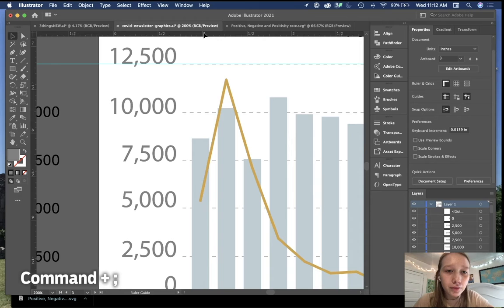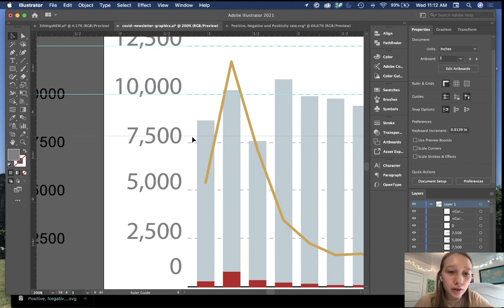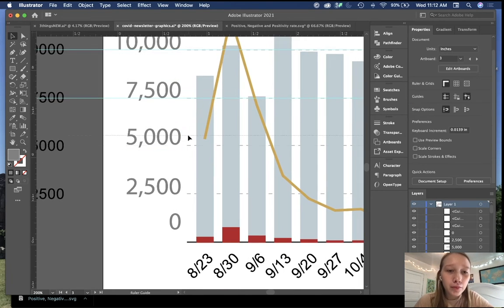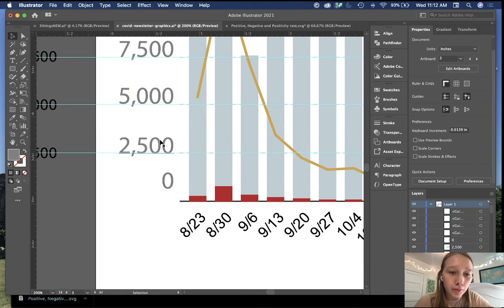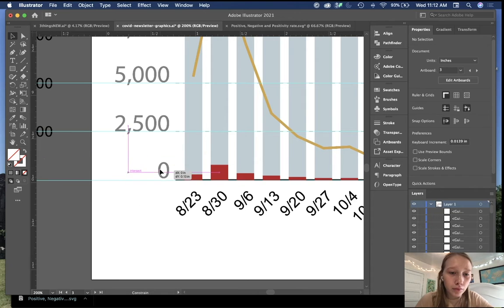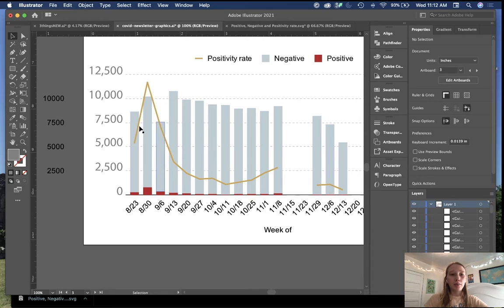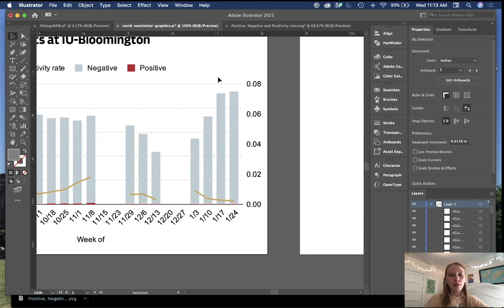So go ahead and add these guides so I can see what's going on, and then align all of these. Alright, so now these are all aligned to the lines, and I can go ahead and do the same with